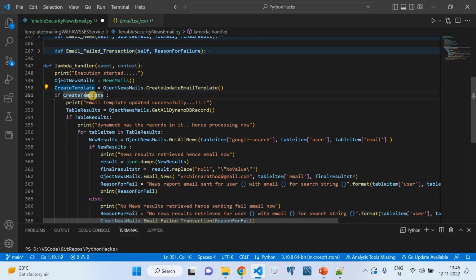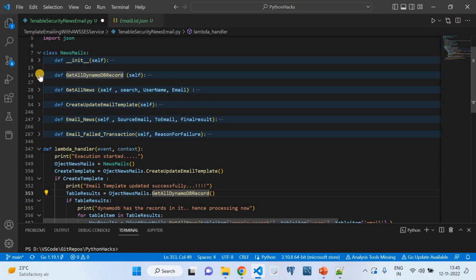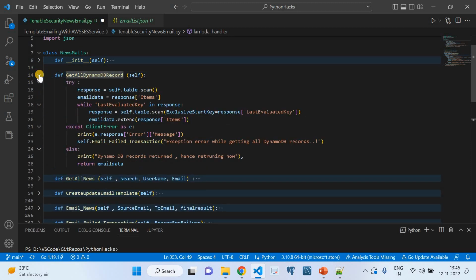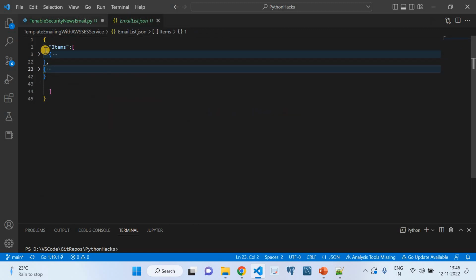Once the template is done, I will go to the next part, that is get all DynamoDB records. As I said, right now I'm keeping just a DynamoDB table to store the email addresses to which I need to send an email, plus a search string, in the sense a business related data. Here the solution is to send dynamic emails to my subscribers. The email addresses are my subscribers, and to that email address I need, for example, if I show this one,